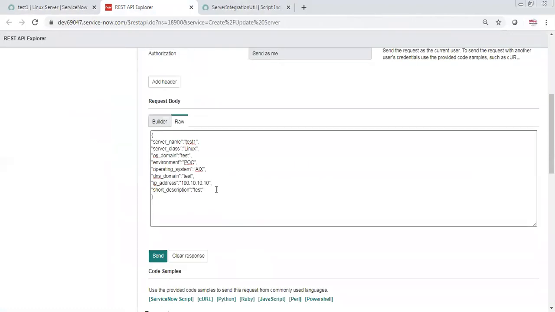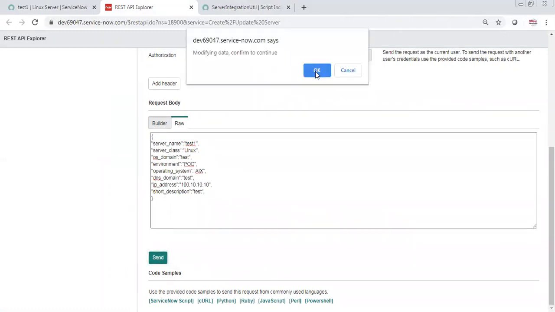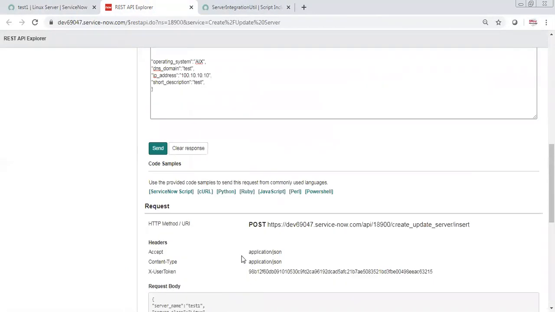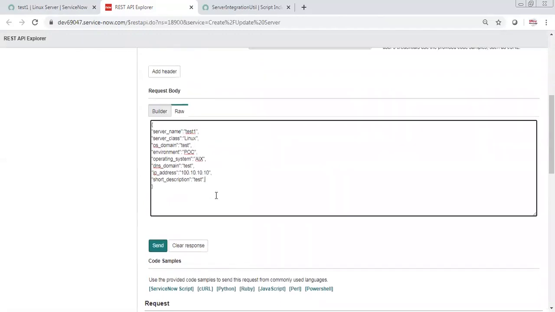If you remember, the first thing we validated was the JSON part, whether JSON is correct or not. Let me send it now. It will give me an error: bad request, invalid JSON body. Because I put a comma at the last, and as per the JSON structure, the last key value pair should not have a comma.